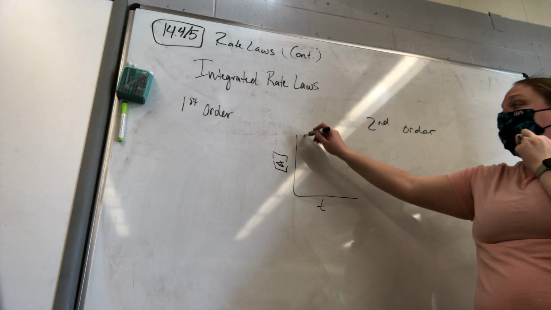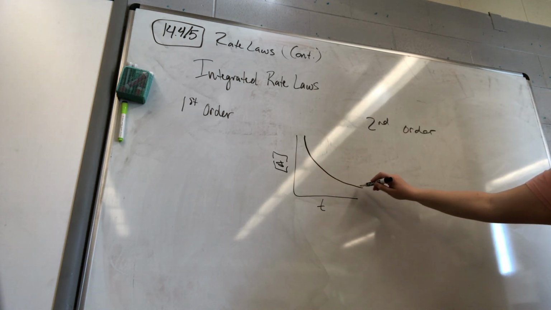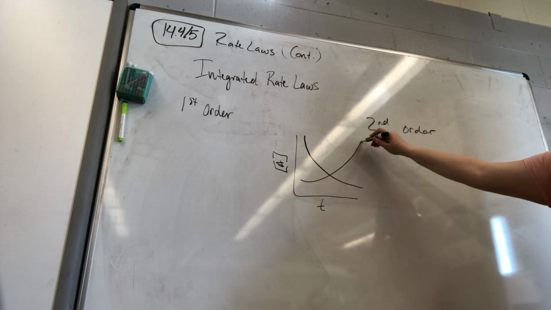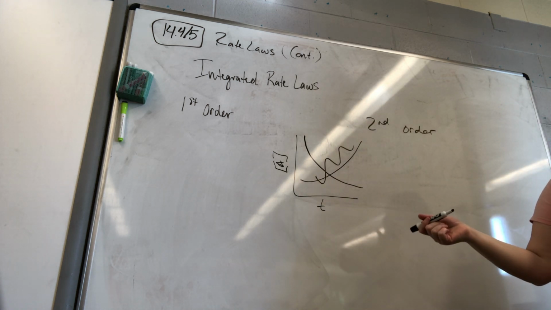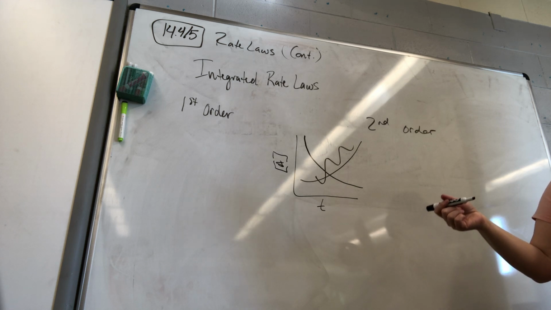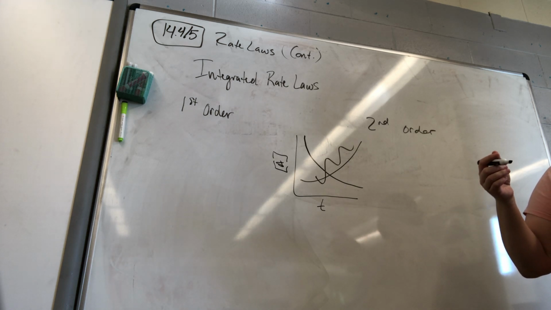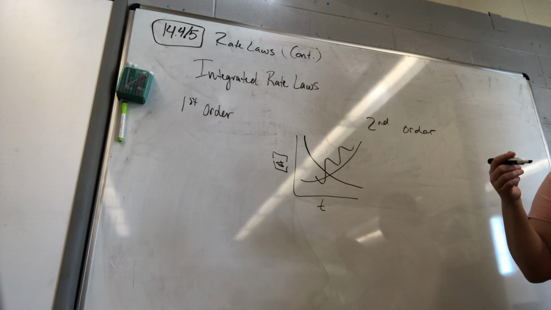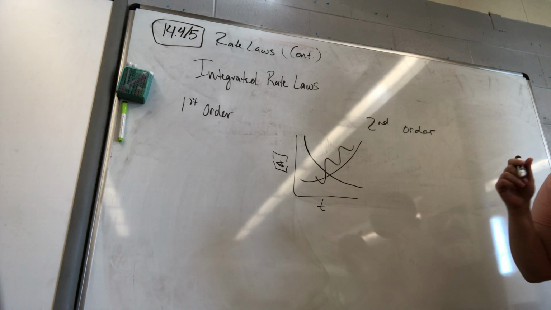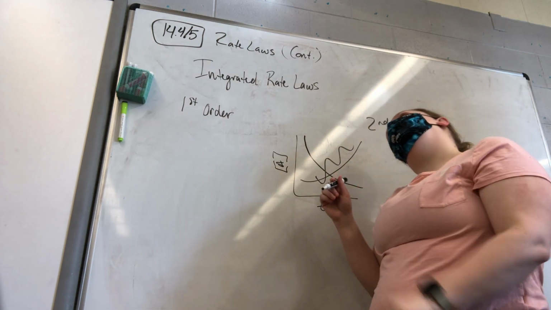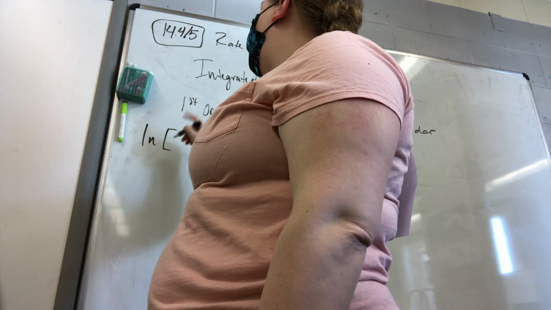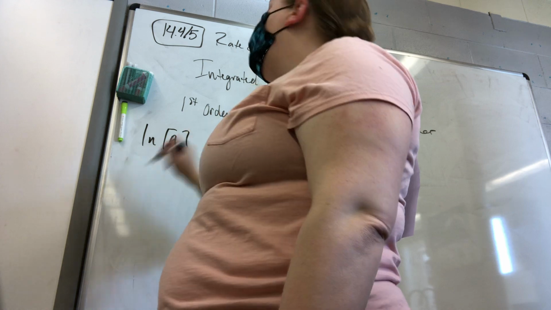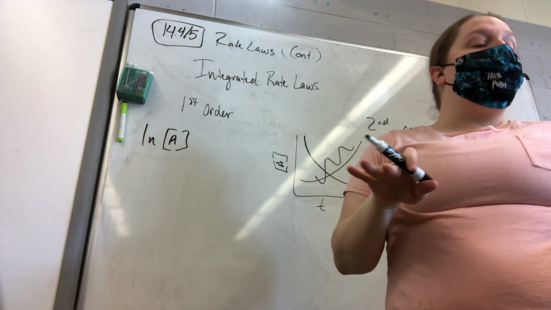It may be something that looks like this. It may be something that looks like this. It may be something that's kind of all over the place. That's a problem, right? Our goal is to find something that is a linear relationship so that we can actually make a determination as to what a concentration is at a specific point in time, okay? So for the first order, what we did is we took the natural log of the data